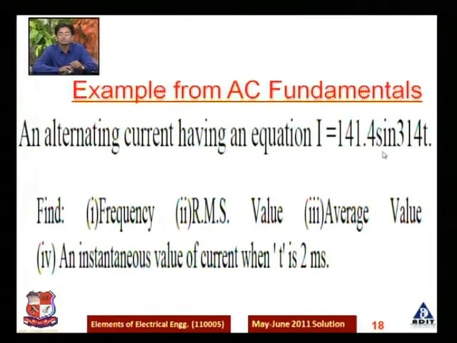How to find the RMS value? You have the equations for the RMS value and the average value, right? And the maximum value, where can you find it? When you read the equation of voltage or current, it is already given, in the form I equals Im sin omega t. So what is Im? Im is equal to 141.4, right? Can you calculate the RMS value and the frequency? Let us see the solution, and how to find the frequency, RMS value, average value, and instantaneous value when time t is 2 milliseconds.